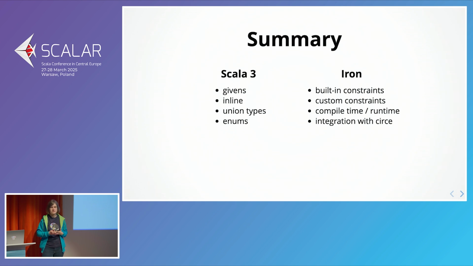And one last thing you may ask is, could we have achieved the same thing in Scala 2? And the answer is yes, we probably could. Because there is this refined library that we have seen in the first talk actually today. This refined library in Scala 2 gives you mostly the same functionality. So it gives you refined types, it gives you validations, but it exists only for Scala 2, and it uses shapeless and macros underneath. And Iron exists only for Scala 3 because it uses these advanced type system changes. So the decision which to use really is quite simple, depending on the Scala version that you use.